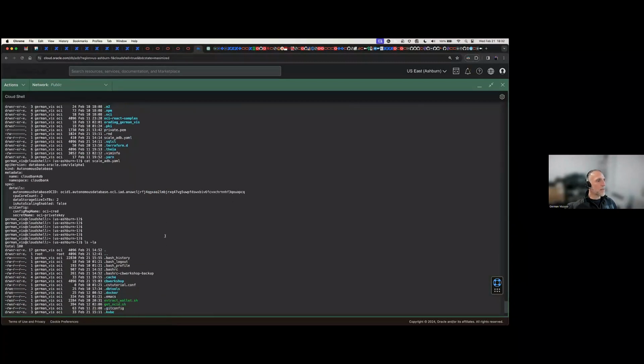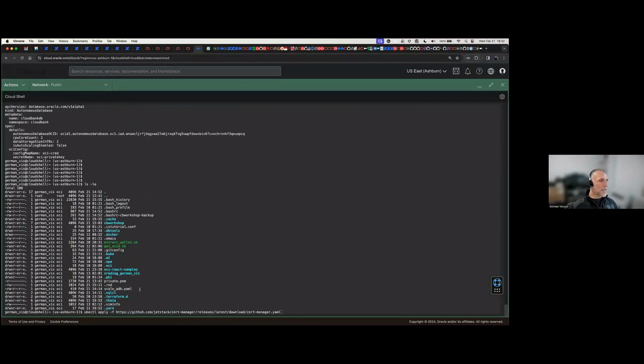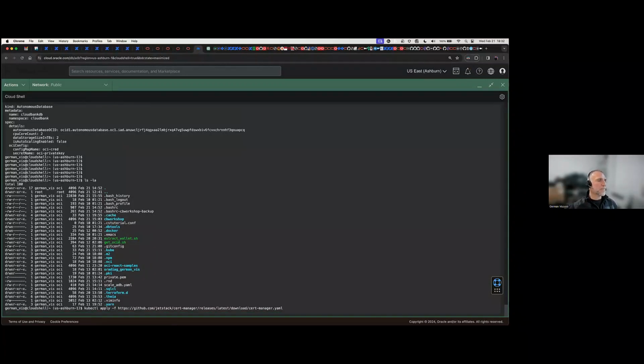Let's go big, right? And as you can see, I'm basically using kubectl. I'm missing the K there. I'm using kubectl to apply a YAML. As I told you before, kubectl stands for Kubernetes control, and it's usually used most of the time to apply a specific YAML. So we will apply the one that installs Cert Manager. Let's go ahead and do that.